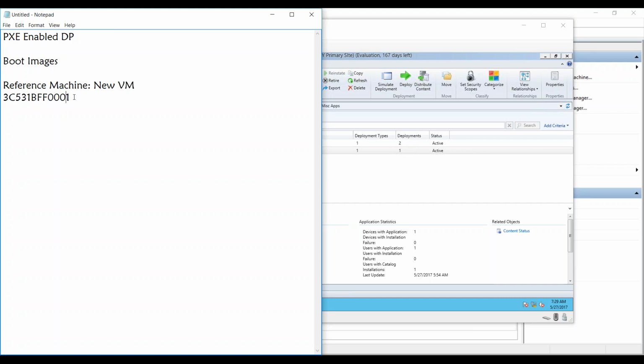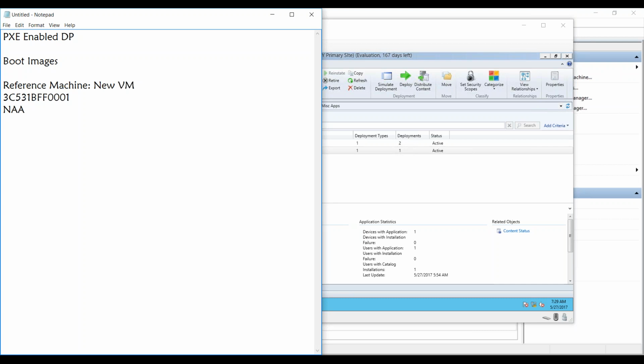So what's the next thing is, there is something called network access account. This is important, and you need to configure it. So tell me one thing, this is a bare metal machine, right? Bare metal means there is no operating system on this, okay? And it is contacting the